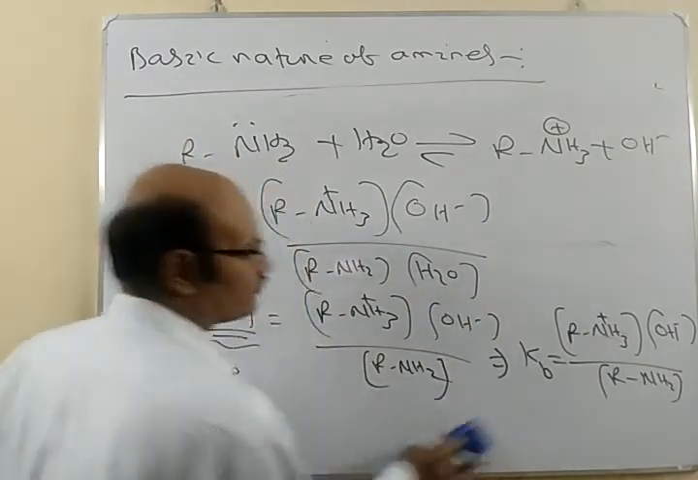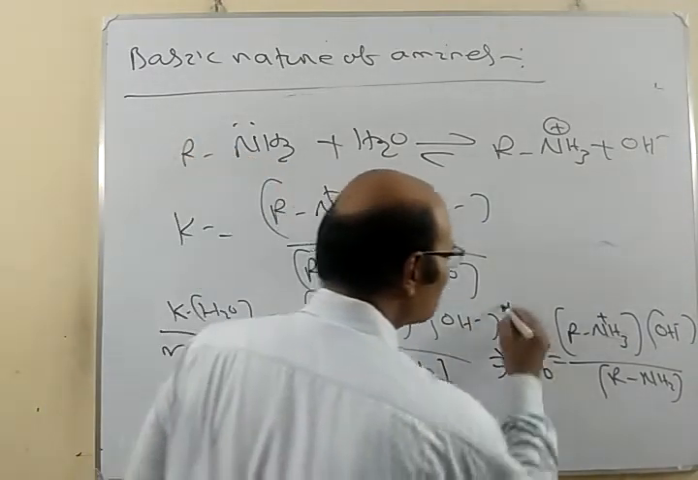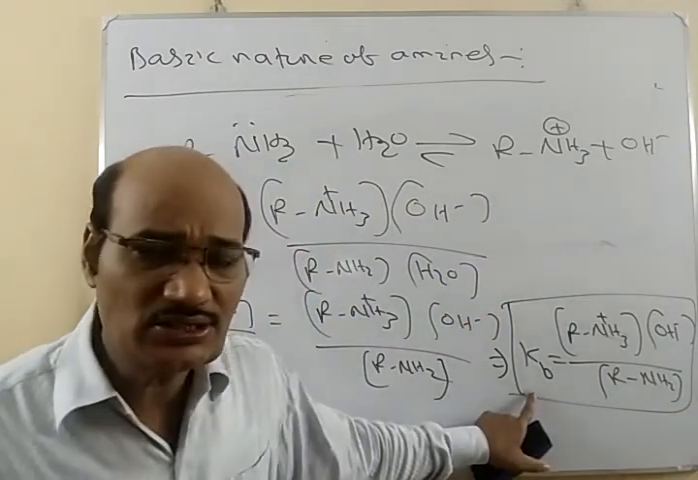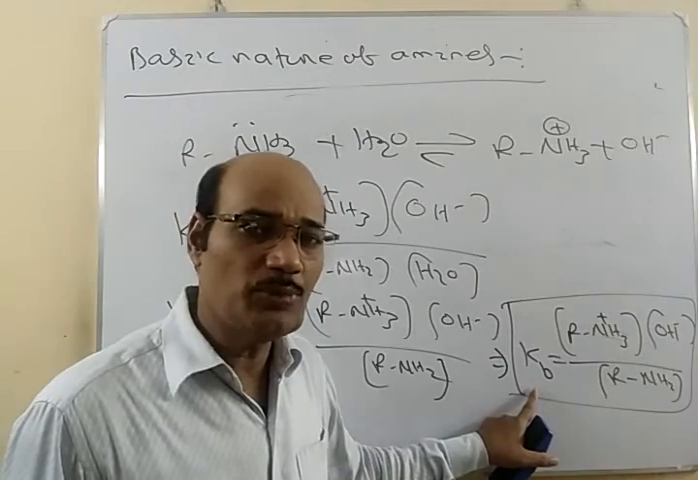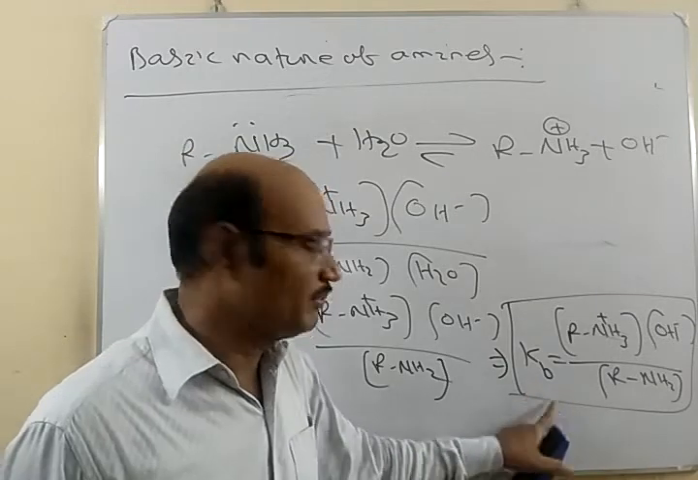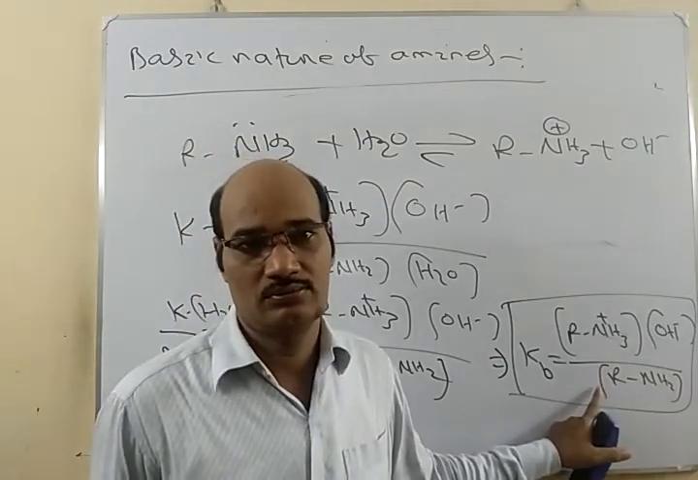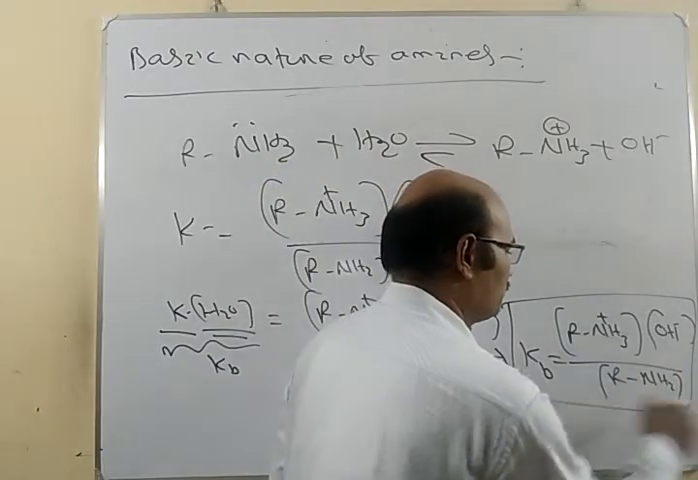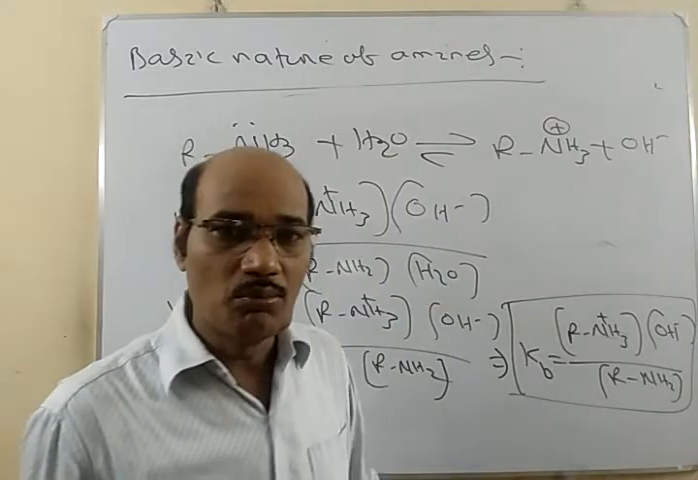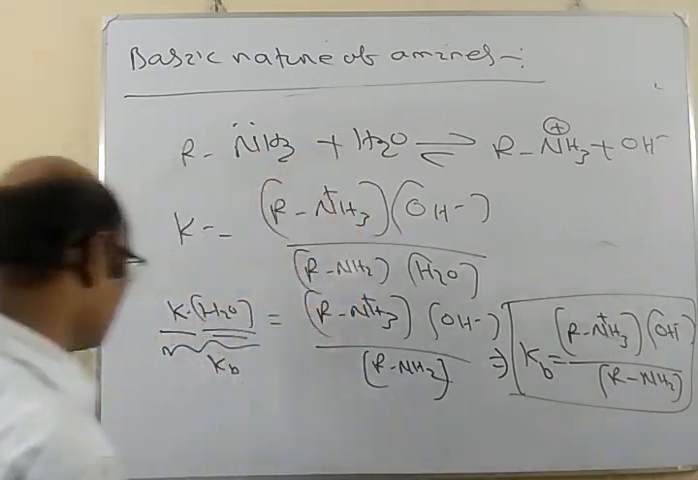Okay. So this Kb is called the ionization constant of the base. The more the value of Kb, the more will be the basic character. And the value of Kb will depend upon this term. Okay. More the value of Kb, again,